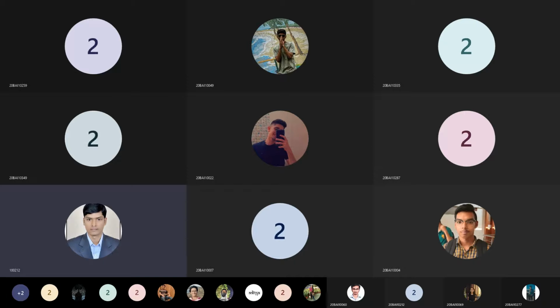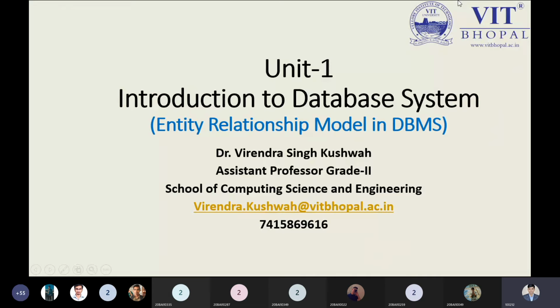Okay, students. So today we will see the ER model in database management system. Entity relationship model is a kind of data model, as we have seen in the previous class. In the previous class, just let me revise once again, we have seen what is meant by data models and what are the various types